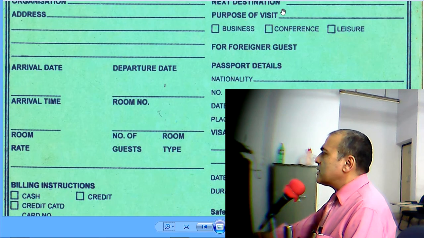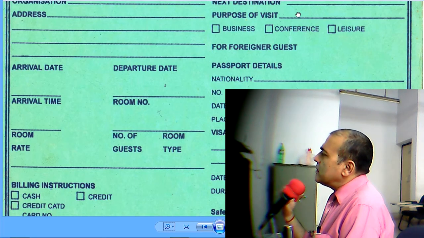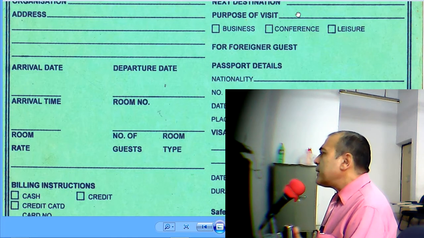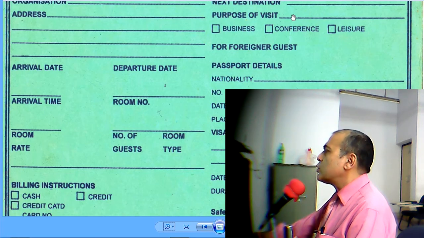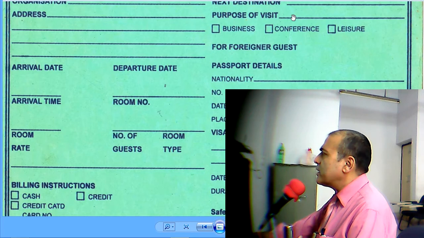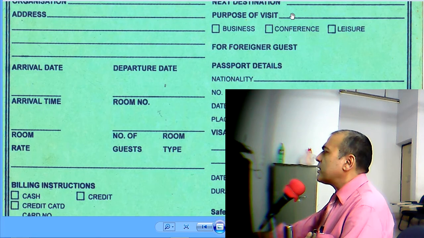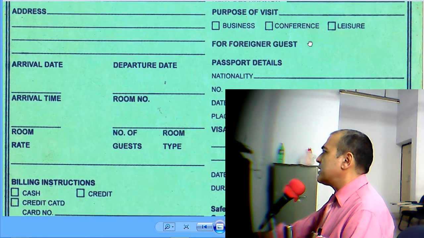This is very important to ask: purpose of visit. It has a legal purpose, and it also has a commercial purpose. The hotel can find out about the guests' needs. There are mainly two types of guests: people who visit for business and those who visit for leisure. Leisure is like holidays, vacations. So the needs of both these guests are different, and once the hotel comes to know about their purpose of visit, then we can suggest and offer them only those services they need and will not waste their time unnecessarily.